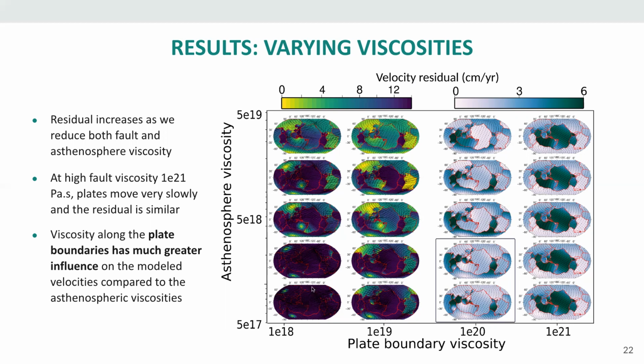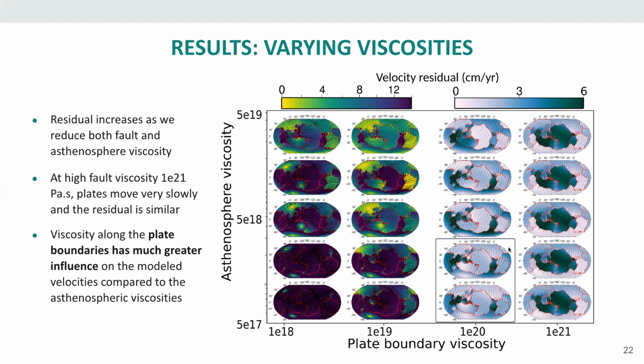But we see a higher influence of changing the plate boundary viscosity versus changing the asthenosphere viscosity. What I mean is that as we increase the plate boundary viscosity by an order of magnitude, so we go from left to right, the residual changes a lot compared to if we change it by an order of magnitude for the asthenosphere viscosity. So we go from here to here. And because it is at a different interval, it would be one model, alternate model. Nevertheless, we find best fit models which have